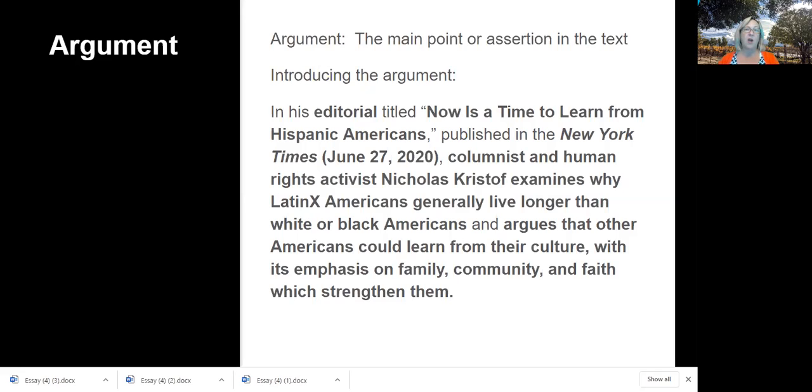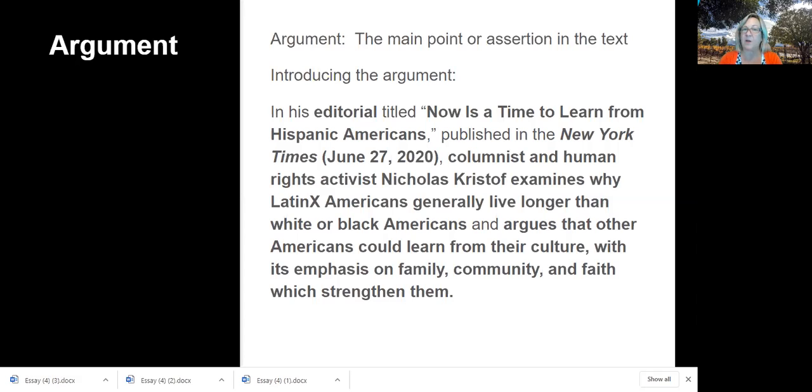Now, his argument is a little different than his purpose. And this is a really good template. You notice I put a lot of things in bold so they would stand out, because you could fill these in. Here I'm introducing the text and his main point.